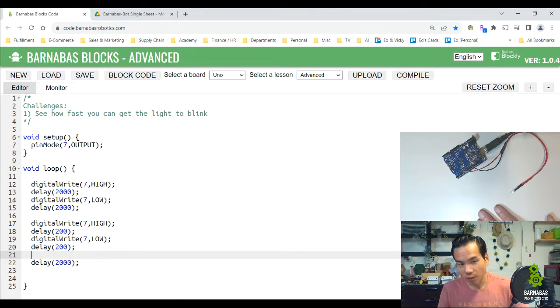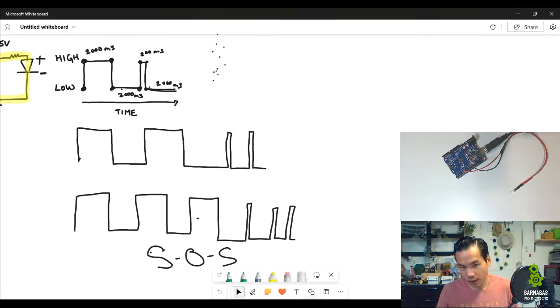If you can see, we should have one long blink and one short blink. So long blink, short blink. Wait 2 seconds, start over. Long blink, short blink. Okay? Now the challenge that I provided, let's just go back here, is doing the second one here